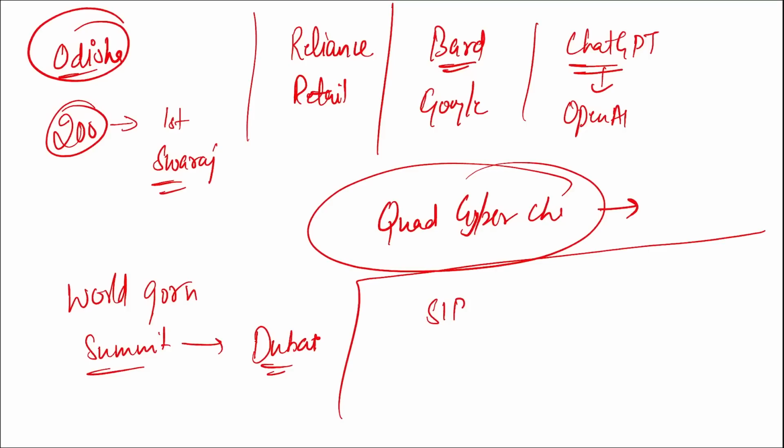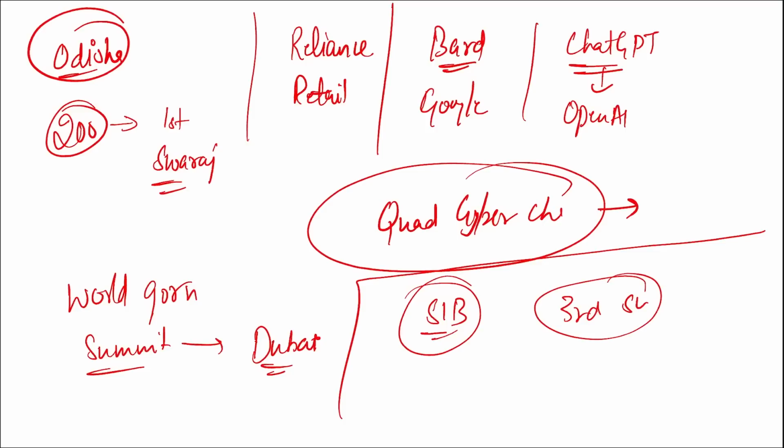It was launched by South Indian Bank. All right. And the third specialized startup branch was opened in Gurugram by SBI. And basically, what are these specialized startup branches? In these specialized startup branches, funding will be provided to startups without any collateral and with a